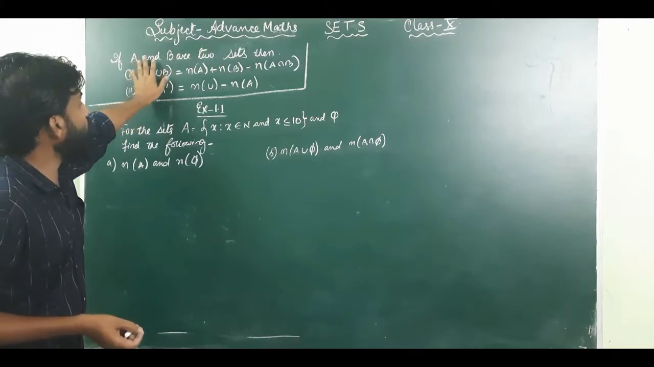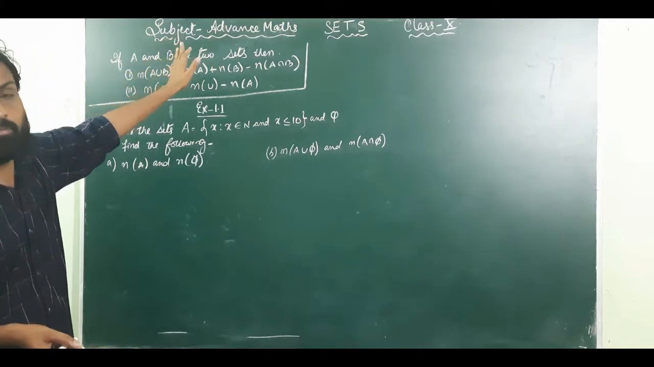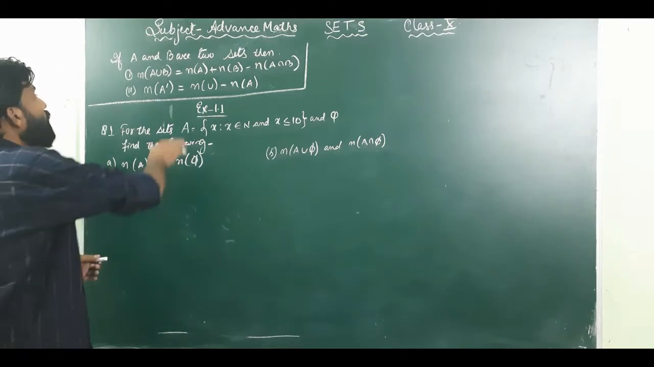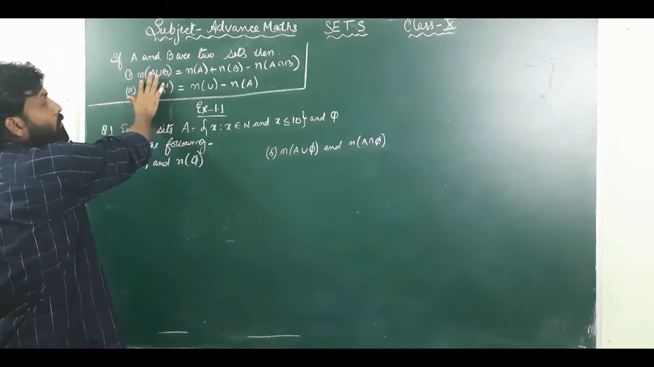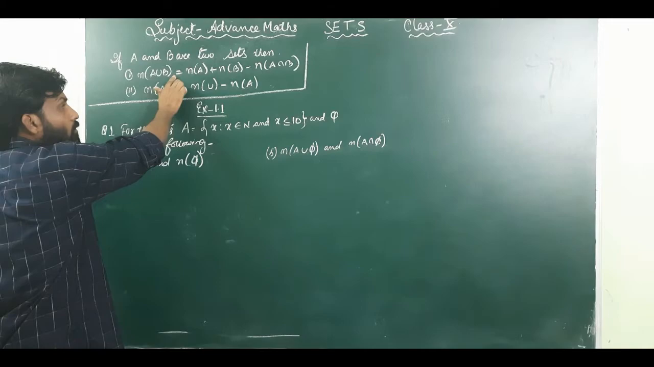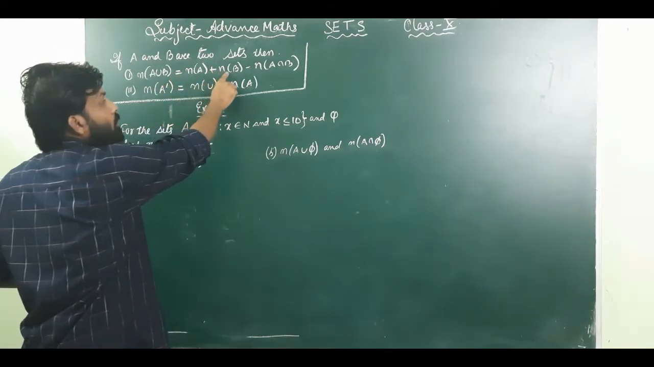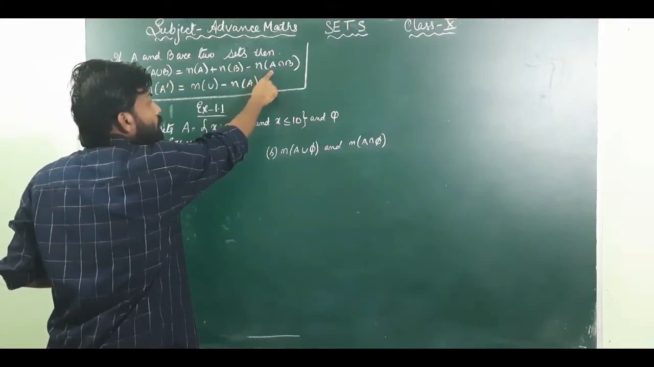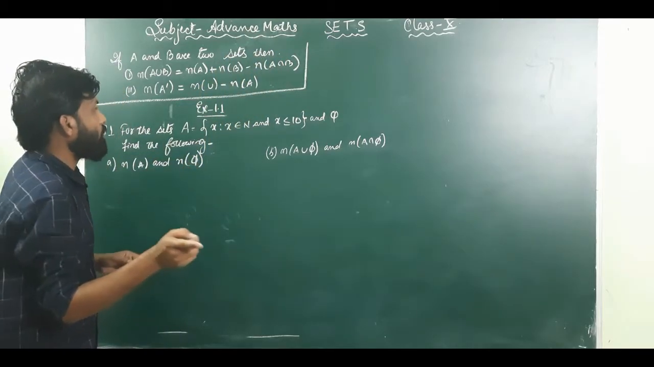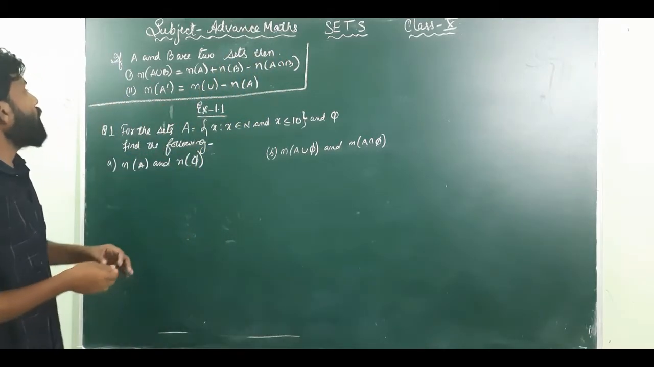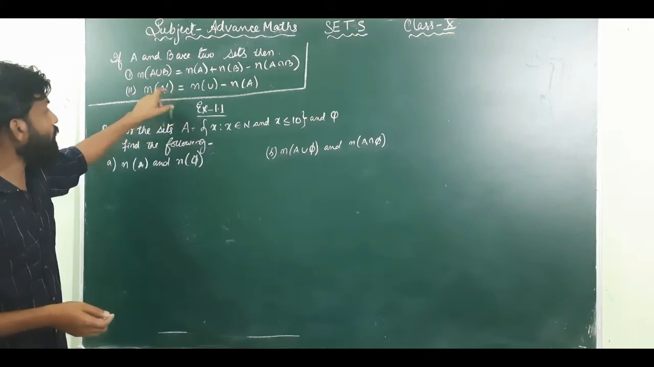If we assume that A and B are two different sets, then n(A union B), the number of elements present in A union B, can be found by the number of elements in A plus the number of elements in B minus the number of elements in A intersection B. Similarly, if you want to find the number of elements not in A, that is in A complement,